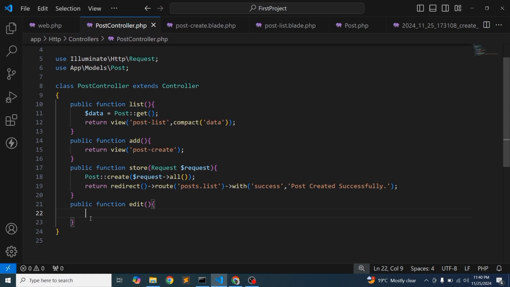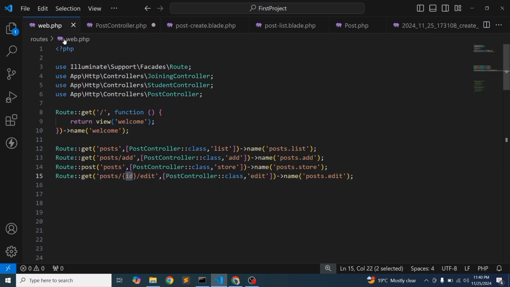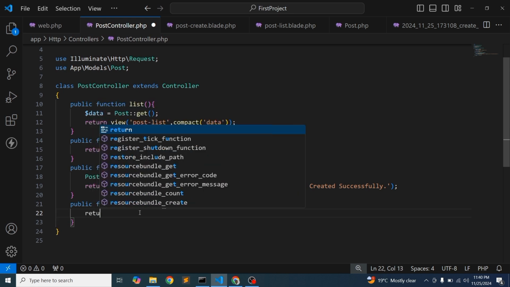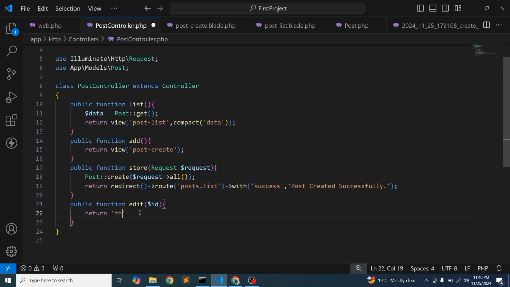So here we're going to pass the $id, which is actually coming from the route. This is the dynamic thing we are getting here. So simply write return, this is edit page,